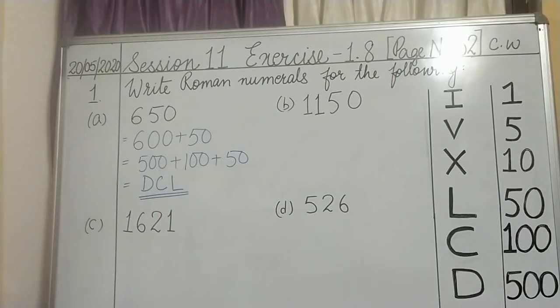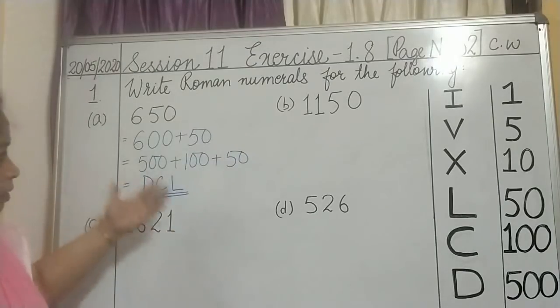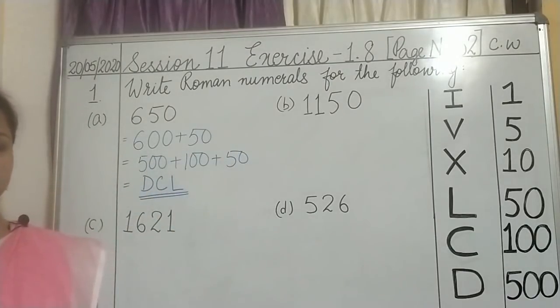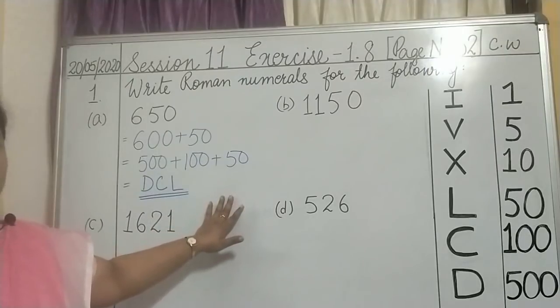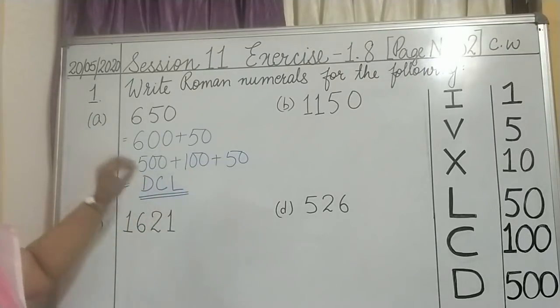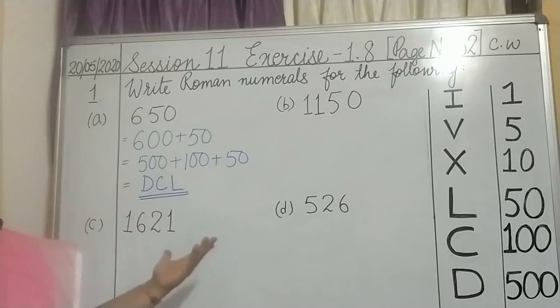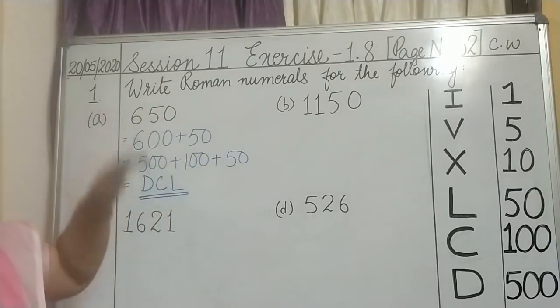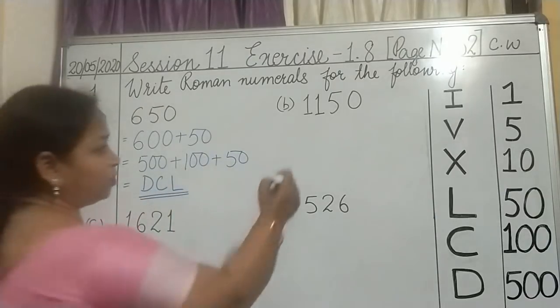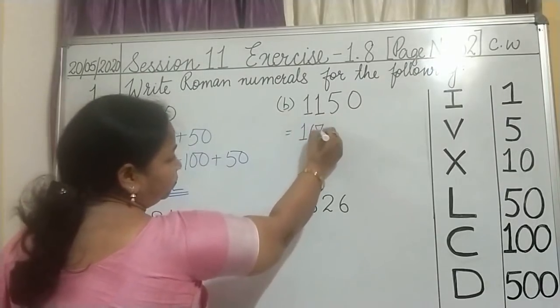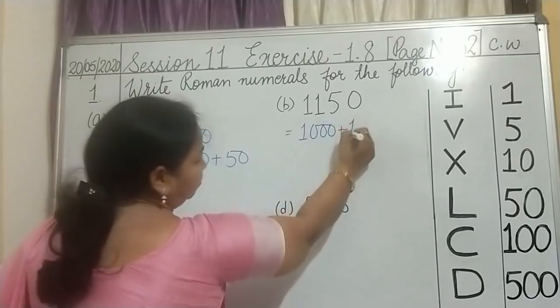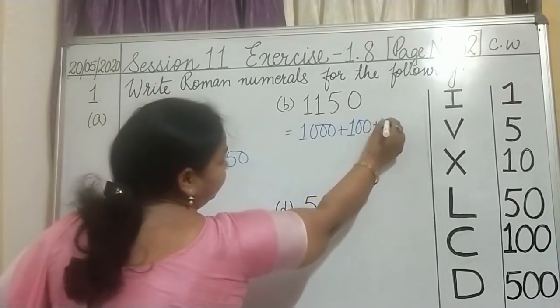Understood? So while you are solving, whether it is Roman numbers to Hindu Arabic or Hindu Arabic to Roman numbers, if you follow this type, for your own understanding, it will be very easy to identify it or decode it, and you can have your answer. Okay, let us move on to the next question. I think for this everybody is ready to give the answer. How to break this one? I will write 1000, then I will write 100, then I will write 50.